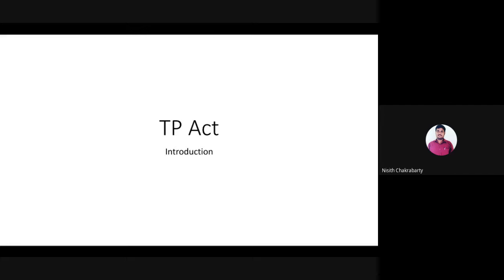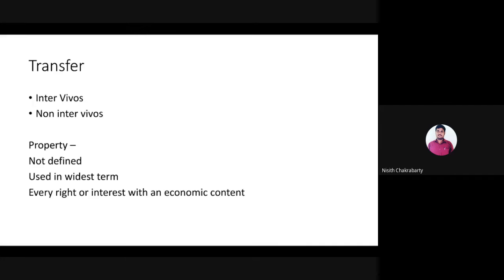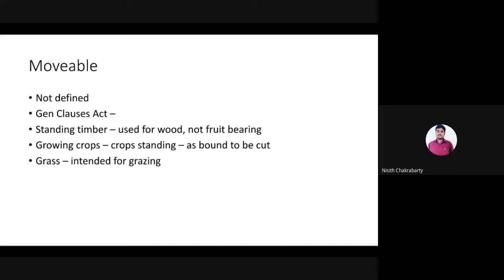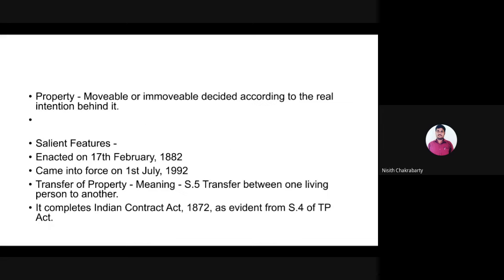So we had already discussed what you mean by a transfer. What are the kinds of transfer? What is it that you mean by a property, which is not defined in the code itself, but then we went ahead and defined it. What are the types of properties? We discussed what is a movable property and what is an immovable property. Today we'll